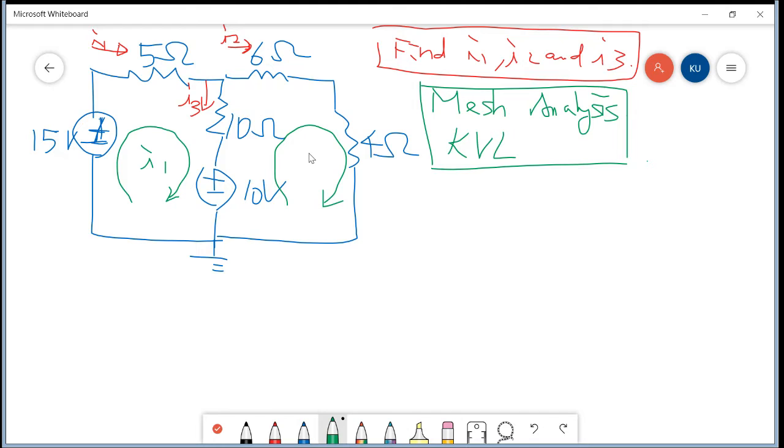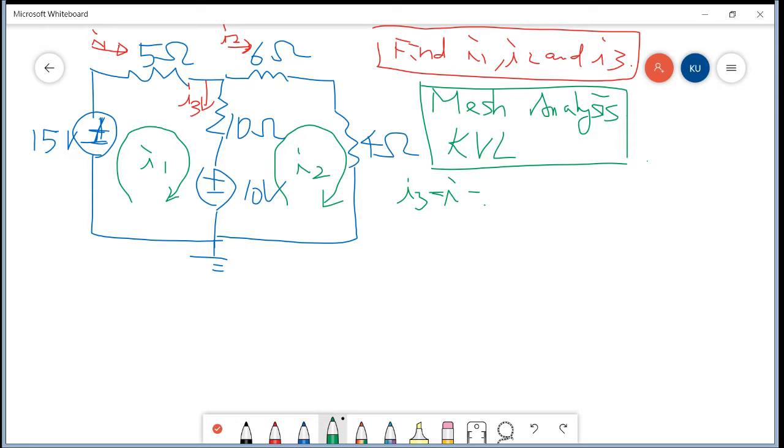So this one should be I2. And actually, I1 is going downward, I2 is going upward for this path. So I3 should be